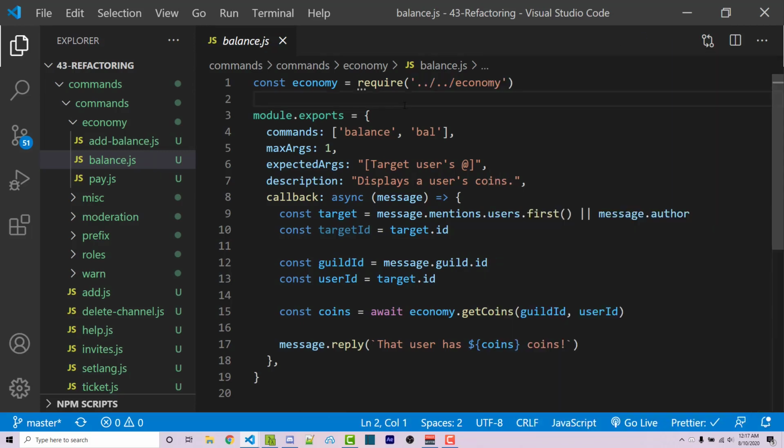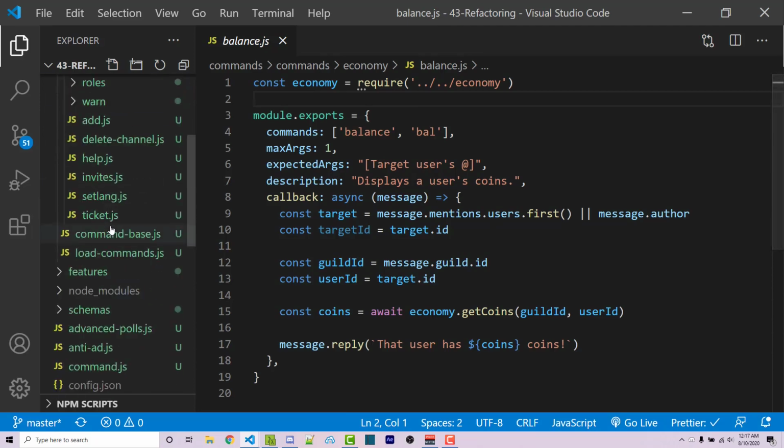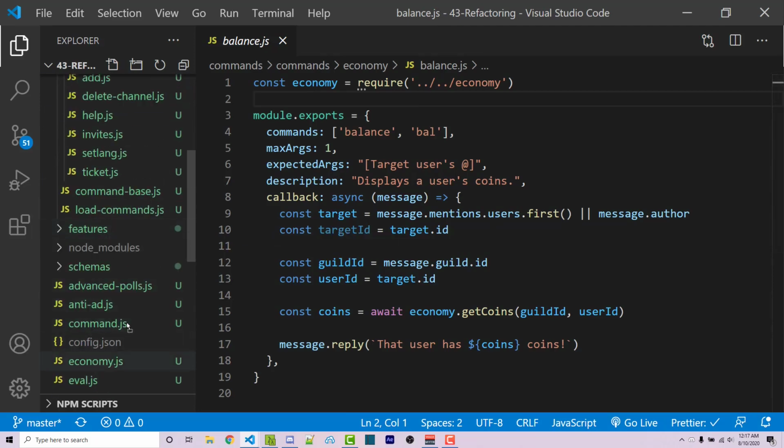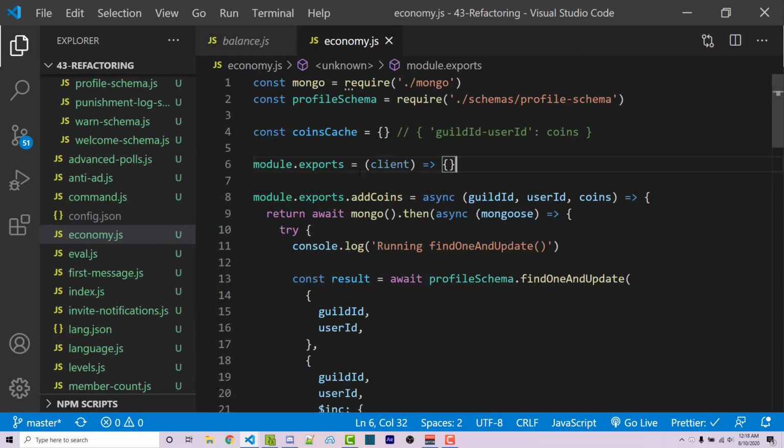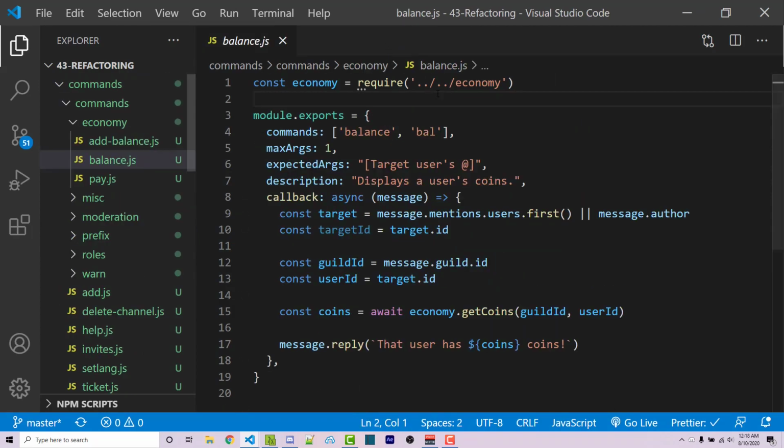this greatly. So if I actually open up economy, if I scroll down and move economy into a new tab here, we see that currently this function is empty, but it is set up to be an actual feature. And so in this exact case, instead of doing a relative path where if the file changes that could break, we're just going to say @features/economy. And so we're going to be able to do this for any type of different collection or category of files